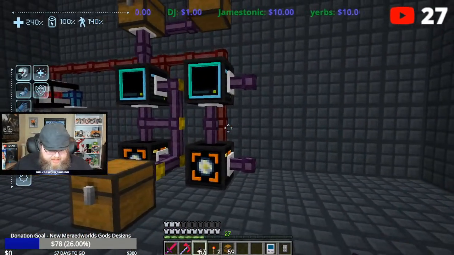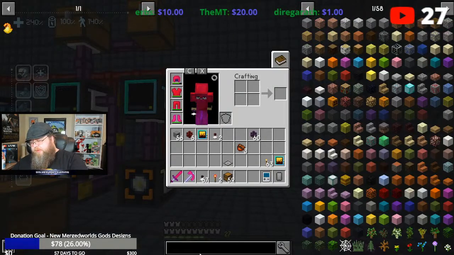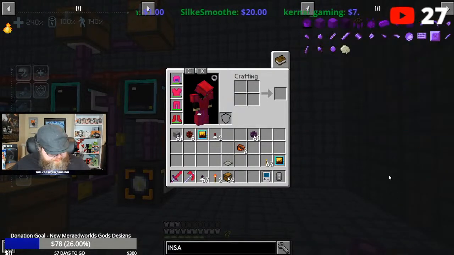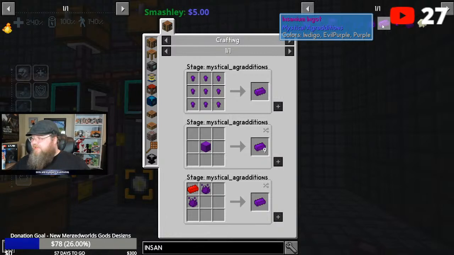So that's it. I've been asked to ask you what ingots are better than Supremium. What ingots are better than Supremium? That's a great question. So technically, I spelled it wrong. Insanium ingots are the next step up. The problem is, in Skyfactory 4, there's not...